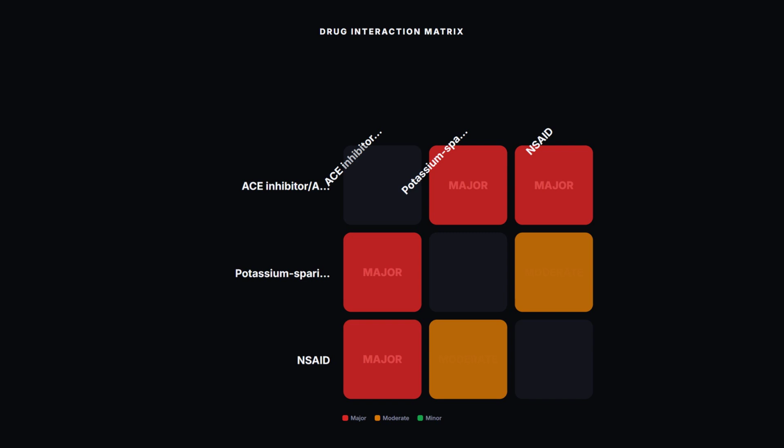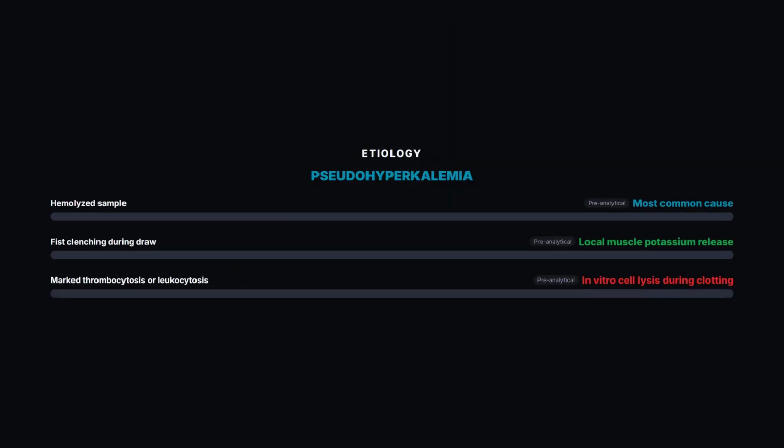Before you treat, rule out pseudo-hyperkalemia, a spuriously high value that doesn't reflect the patient's true potassium. Hemolysis from a difficult draw, prolonged fist clenching with the tourniquet on, and marked thrombocytosis or leukocytosis can all falsely elevate the result. The insulin-dextrose combination has one dominant risk worth building a protocol around: delayed hypoglycemia, which can occur